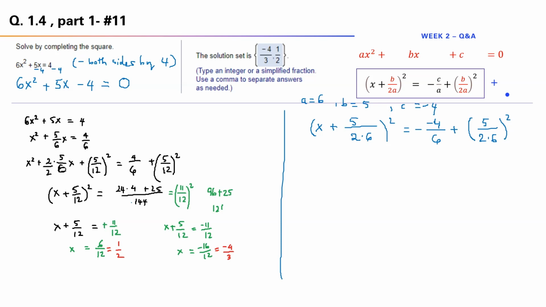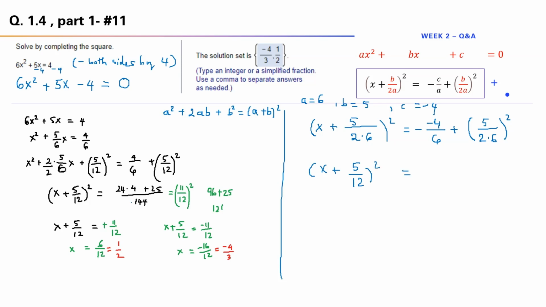Alright, on this side I use a² + 2ab + b² = (a + b)². On the right hand side, I will do the quadratic equation standard form, the formula for completing the square. So with that, I have (x + 5/12)²